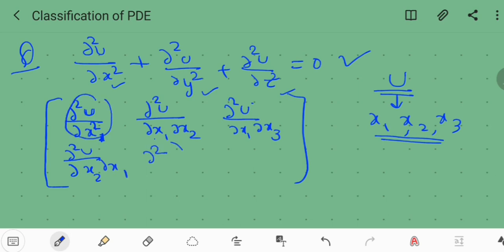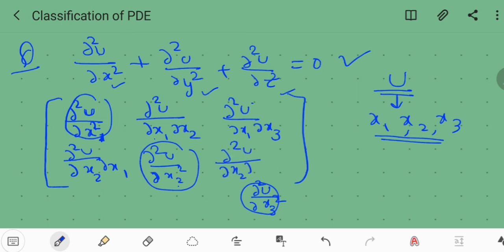Here you need to keep the double partial differentiation of that variable with respect to all the variables. Double partial differentiation of u with respect to x1, x2 and x3. Then just keep on moving: x1, x2, x1, x3, x2, x1. This is just a learning method for how you can keep that matrix in your mind. Then you have the double partial differentiation of x3 with respect to x3, x1. And what is left? x3, x2. Okay, you have this matrix.